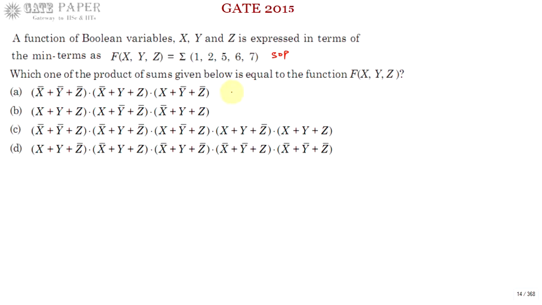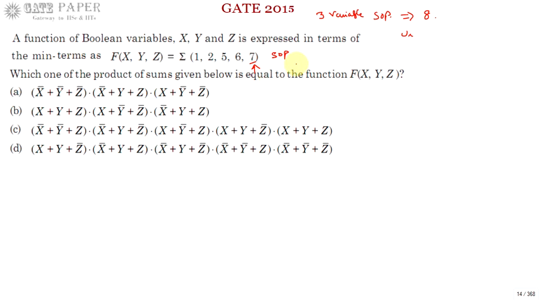From this we can say the highest value minterm is 7. To represent 7 it requires a minimum of 3 variables. So this SOP expression is a 3 variable SOP expression, and those 3 variables are xyz. A 3 variable expression will consist of 8 possibilities. Out of 8 it has given 5 possibilities, and the remaining are unused, that is f of xyz is equal to sigma 1, 2, 5, 6, 7.